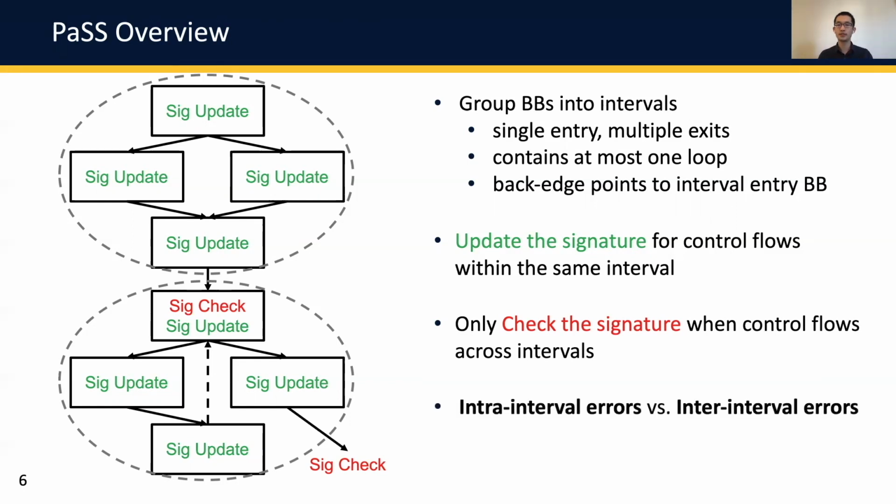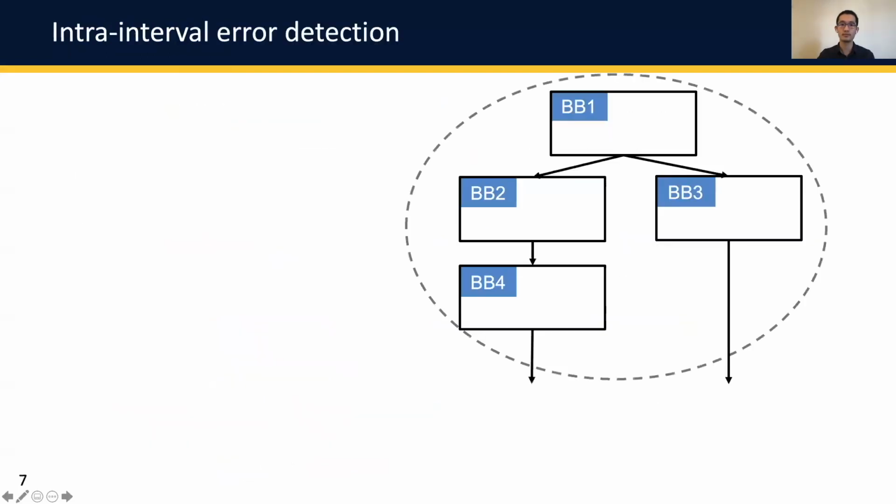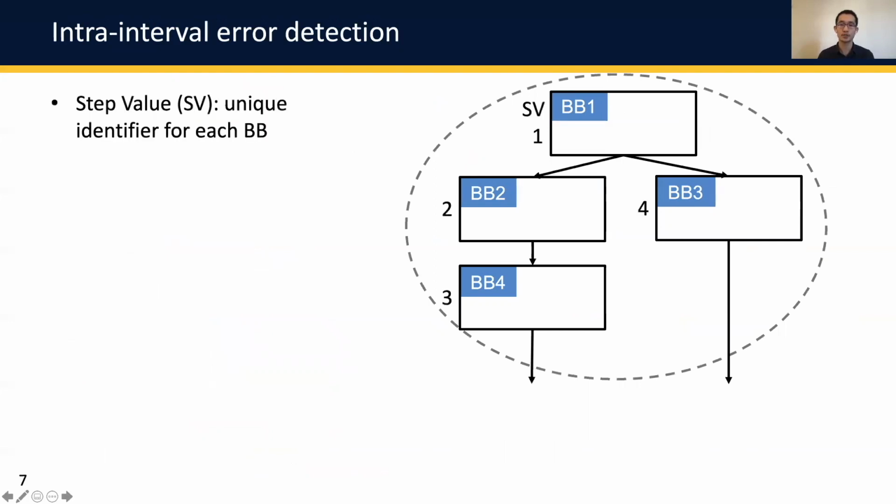With an application divided into intervals, control flow errors can be naturally classified into intra-interval errors, where the error happened in the same interval, and inter-interval errors, where the error is an illegal jump between two different intervals. To detect intra-interval errors, PASS assigns a unique non-negative integer to each basic block in the interval, known as the